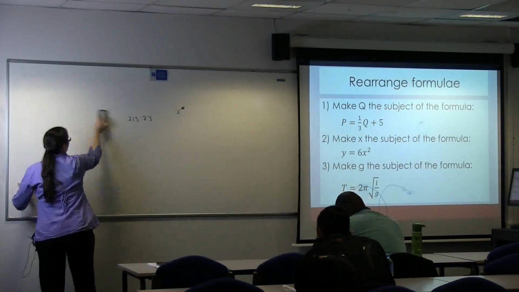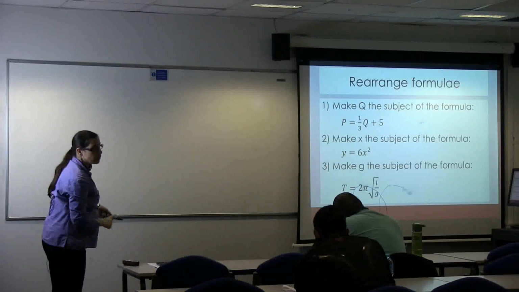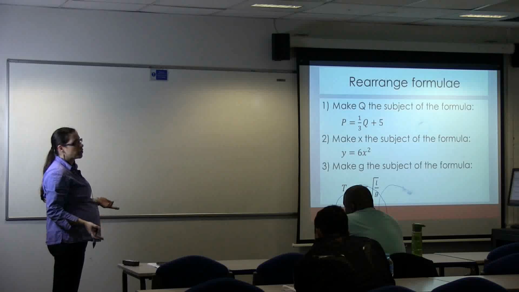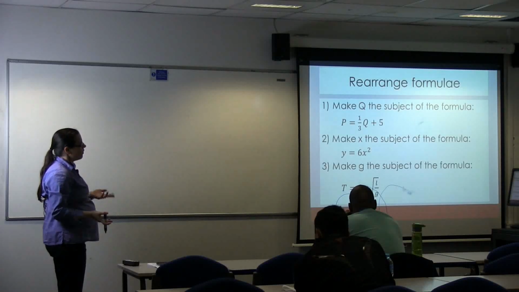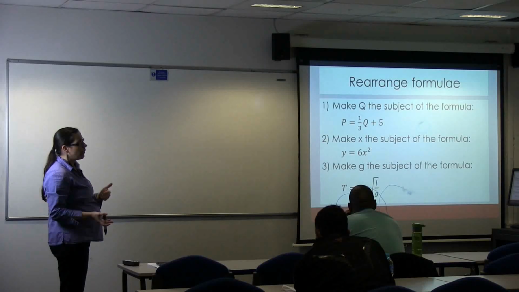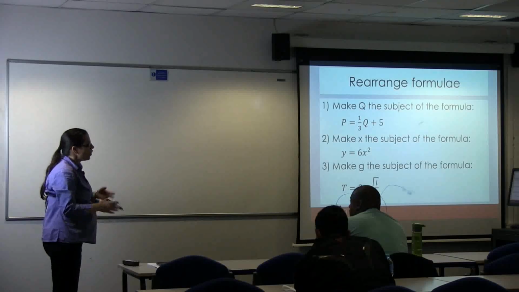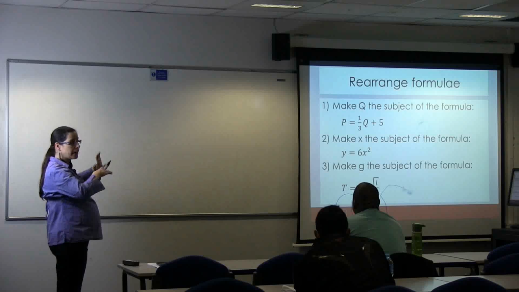Now, this was when we needed to calculate values, given values for a formula, but sometimes you have to rearrange those formulas. So how can we do them? Make Q the subject of the formula. That is basically rearrange the whole formula, so X is on its own on one side and everything else is on the other